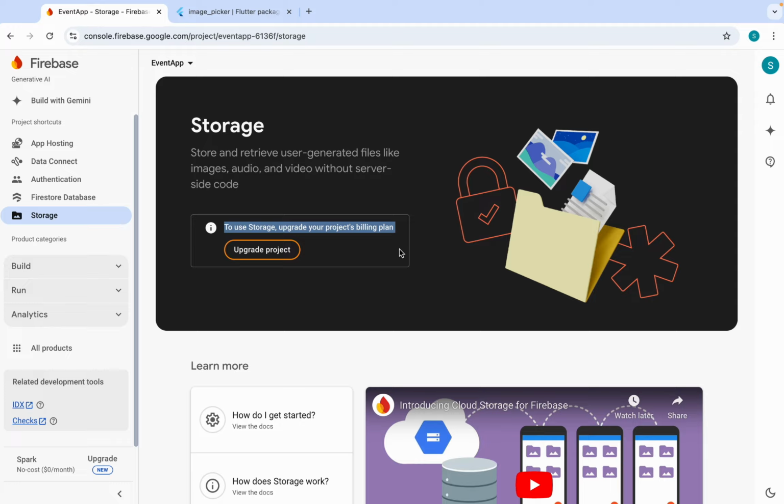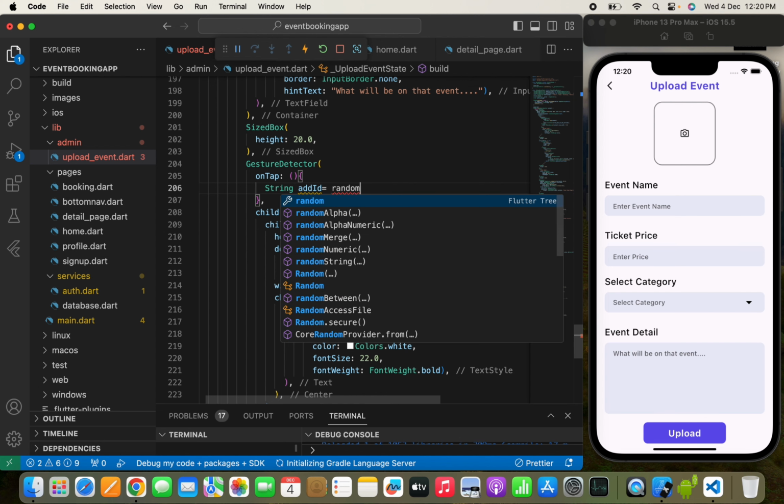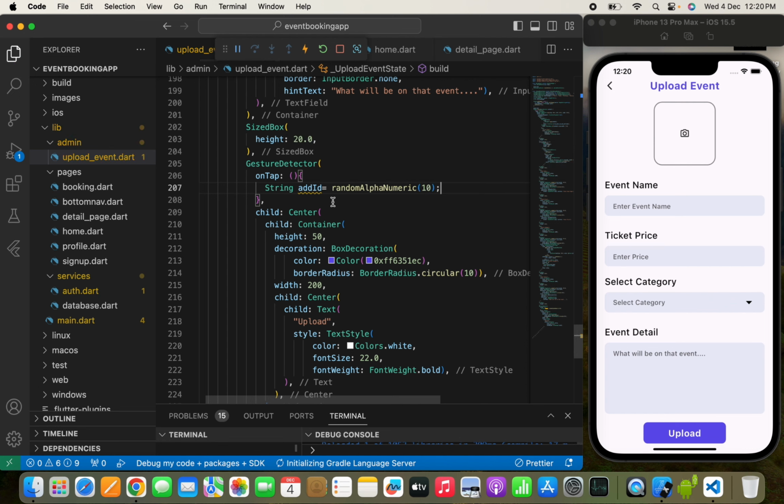Now on the onTap function, I mean for the upload button, when the user presses this, we need to upload all this detail to the Firestore database. For that, first I need to use a String addId, where I can keep a random alphanumeric character, so we can pass a unique ID for the image as well as the data we upload